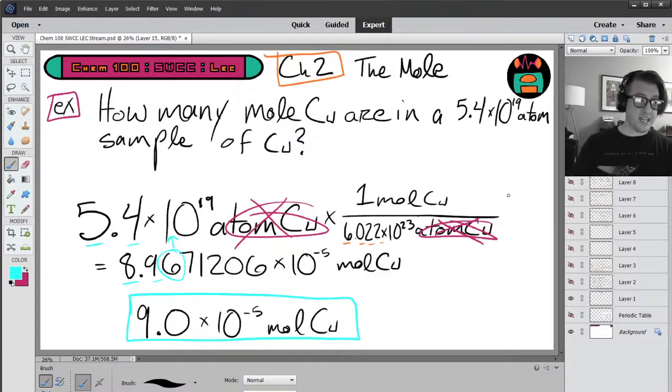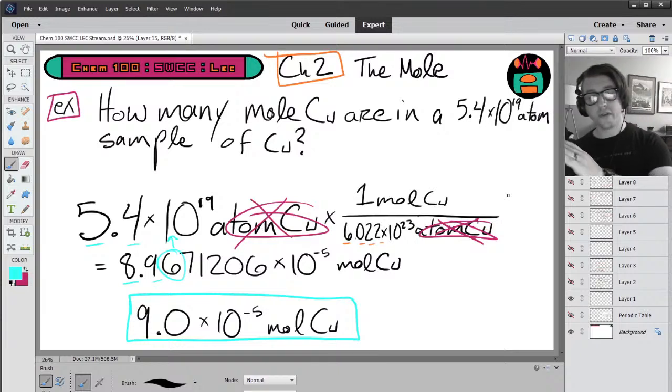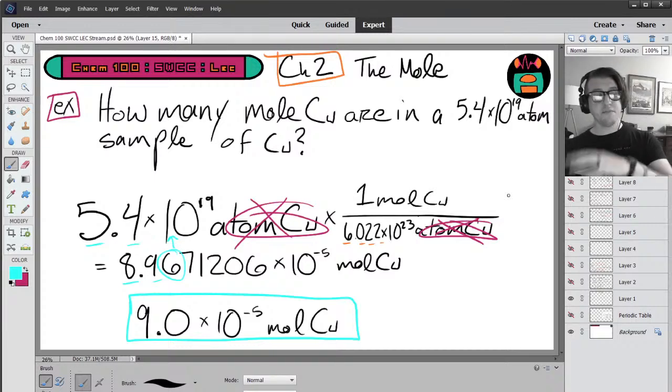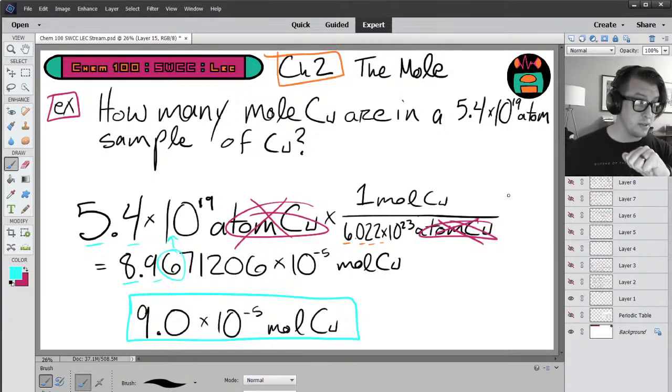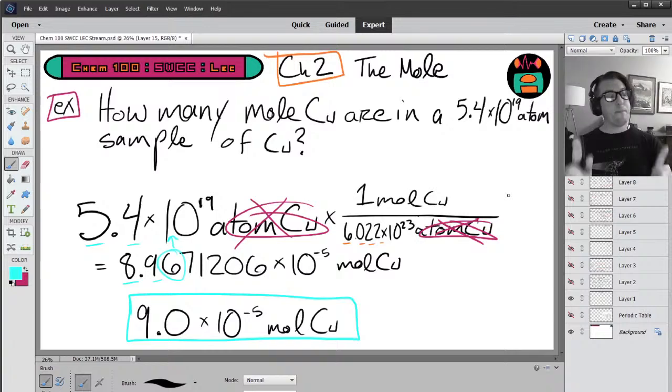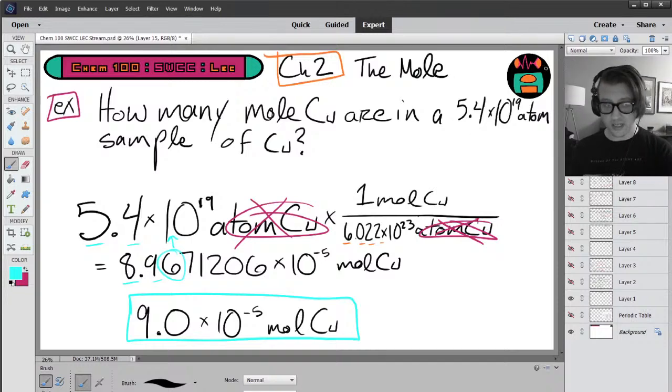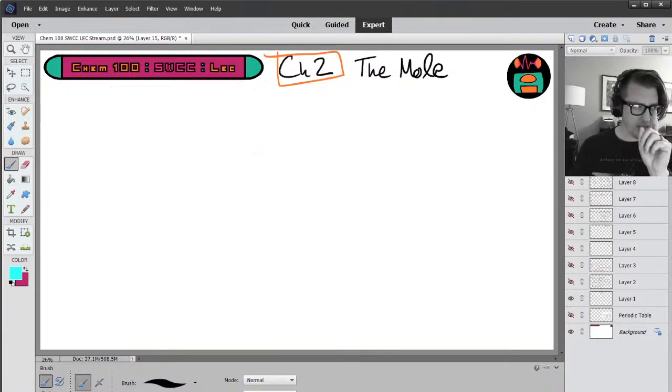All right, so that is the unit conversion going from atoms to moles. So you know moles, you can find atoms, you can know atoms, you can find moles. How useful is this? I'm going to be real, not useful at all. This is not useful. But it's 1/2 of a useful process. The reason why I spent time talking about moles and converting from moles to atoms, atoms to moles, is because it's part of something that is actually deeply meaningful. The reason why moles are important in this class is because,